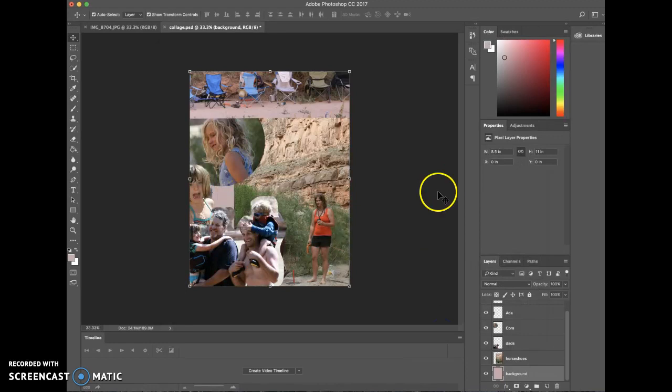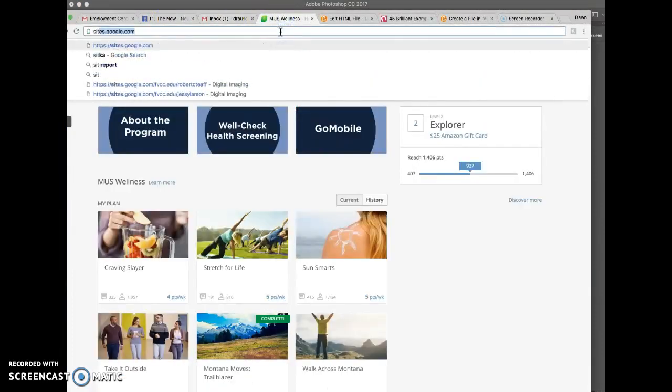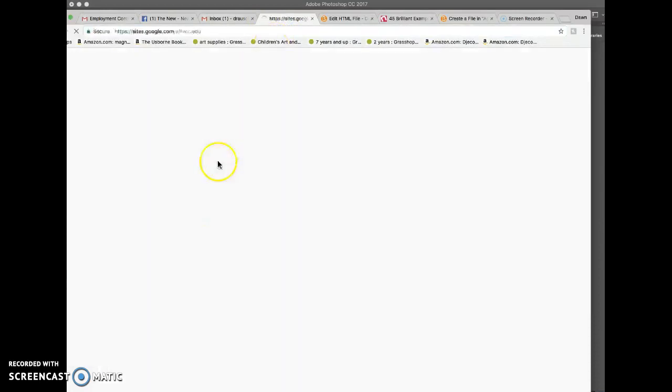So now I have two files. I have my Photoshop file, which has named layers, and I also have my JPEG file. My Photoshop file I can put in the Dropbox, and my JPEG I can put onto my Google site. So if I go to my Google site and I do sites.google.com,